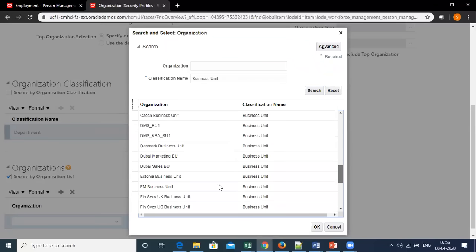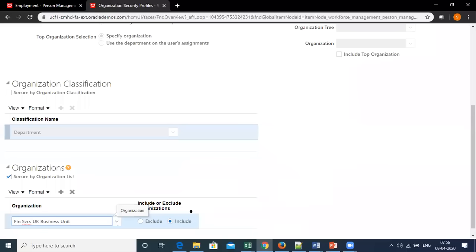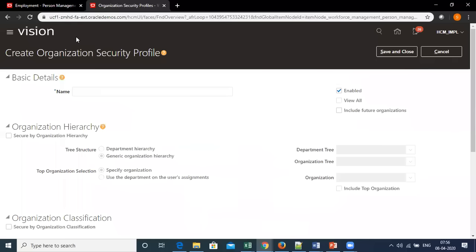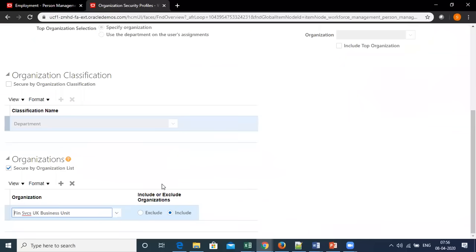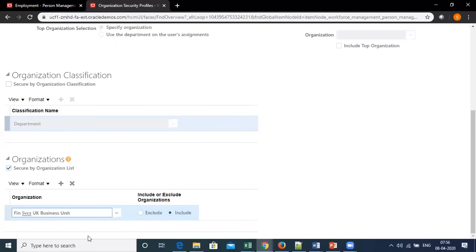I can say the Finance SVCS UK business unit. Let's say I'm selecting this and saying include. It means that this profile will give access to this business unit only. Once I create it, it will give me access to the Finance SVCS UK business unit only.